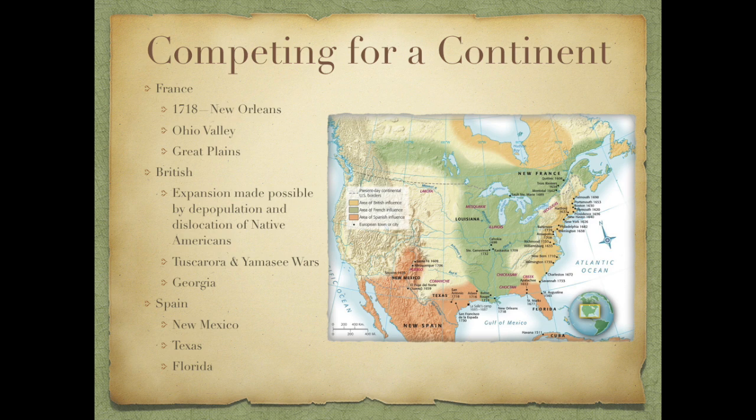Oglethorpe was determined to keep slavery out because he felt that it was degrading to Africans, which is a somewhat unique perspective. But he also felt that it made Europeans lazy, and he didn't want to risk any revolts that could be exploited by the Spanish. And especially with Spain being their immediate next-door neighbor, that was something of a concern.